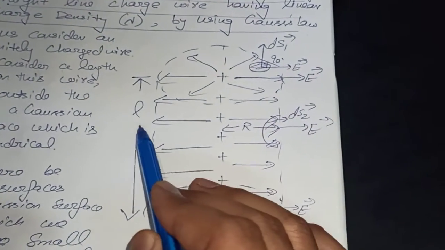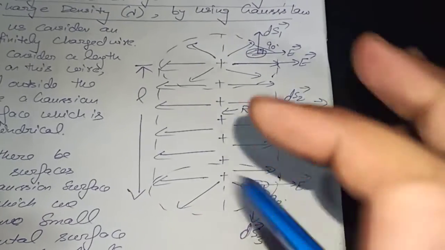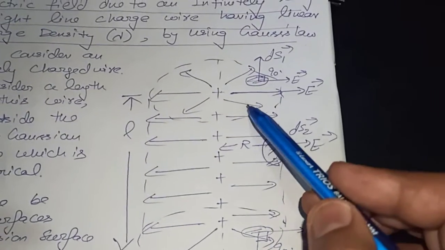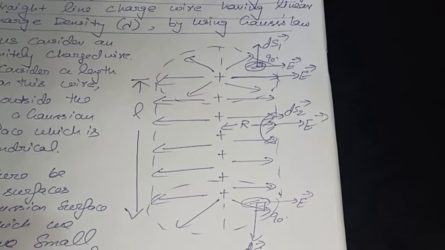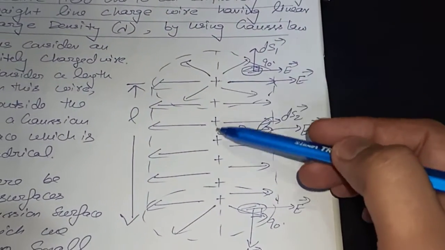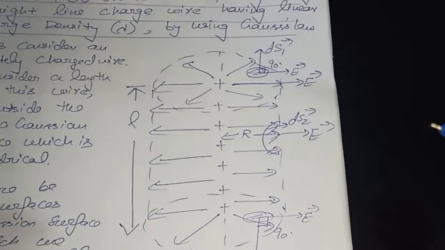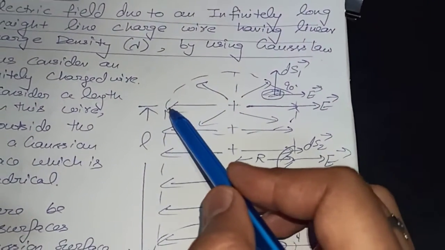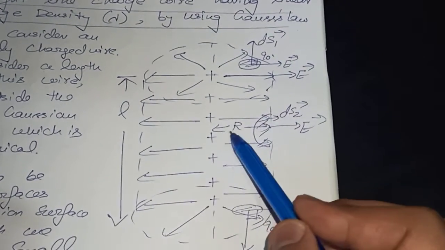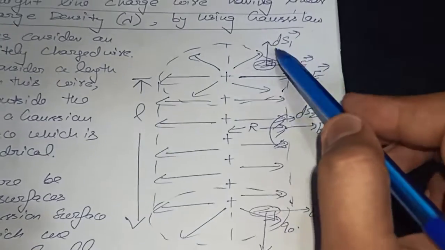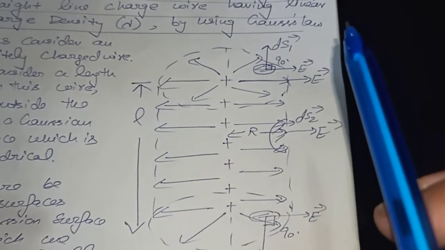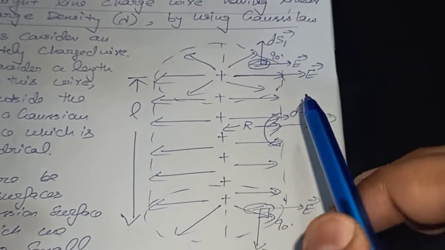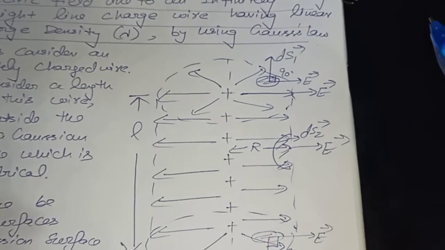Every positive charge radiates electric field outward, perpendicular to the wire. This charge radiates electric field in this direction, this direction, both directions, because positive charges are point charges and radiate electric field in all directions. Since the line charge wire forms cylindrical symmetry, we take a cylindrical Gaussian surface. So we assume a certain radius r, a certain distance r, and prepare a Gaussian surface outside this line charge wire, because for an infinitely long line charge wire the Gaussian surface is cylindrically symmetric.